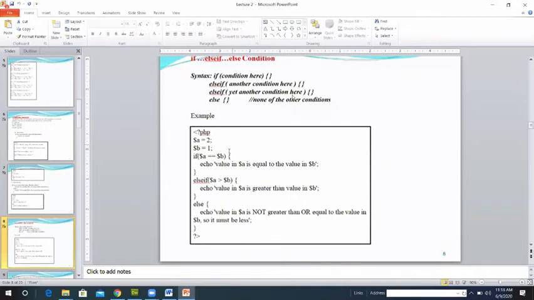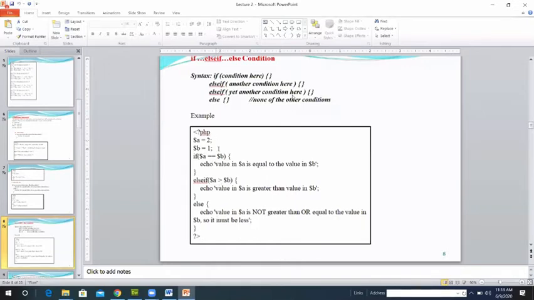Then we write an example under the if else statement. Again, you can take two variables, A and B. If A equals B, then you display one message. Else, you check whether A is greater than B, then display the result. If not, that means A is less than B, then you write the else part. Here we use two if else statements, a couple of if else statements, to display the output.